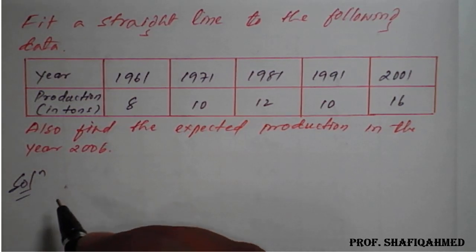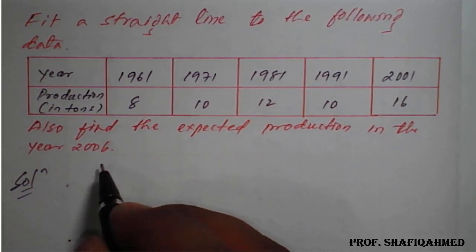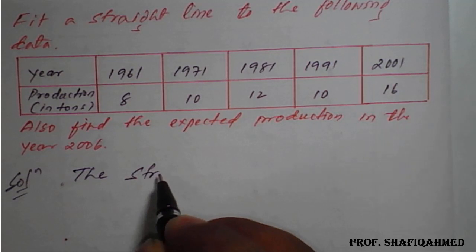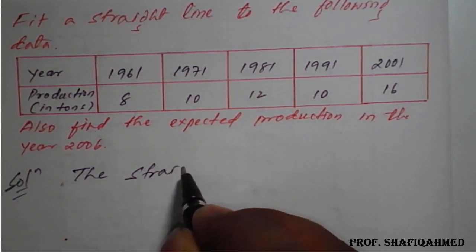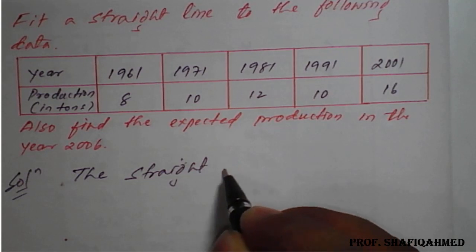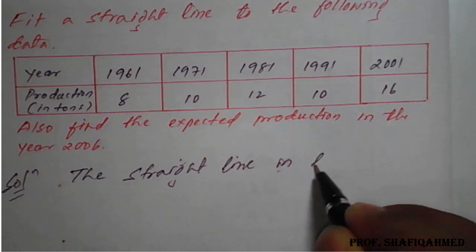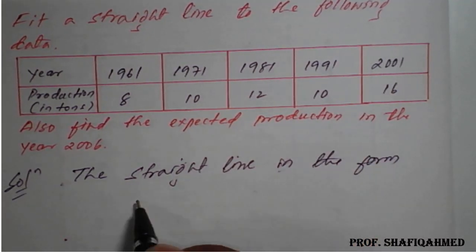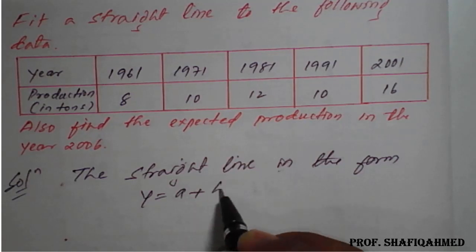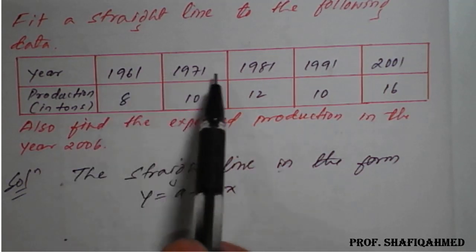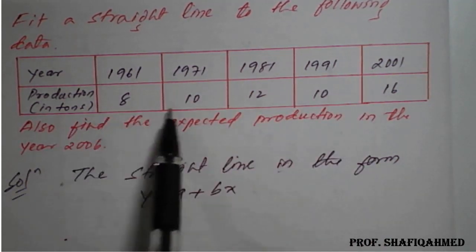We will fit a straight line. Let the straight line be in the form y is equal to a plus bx. Okay, you can take any form, but I will fix y is equal to a plus bx. Since the values of x are large in size and the values of y are small,